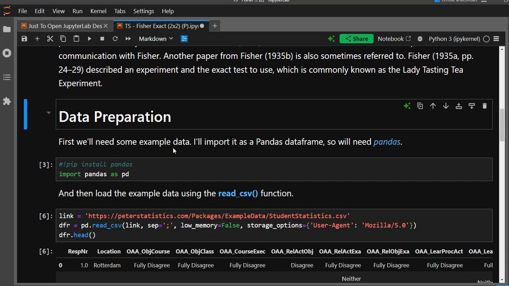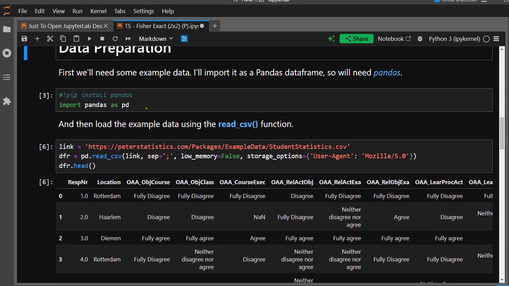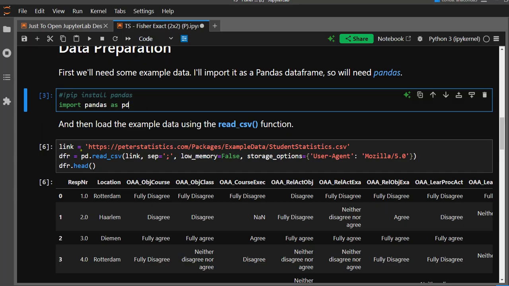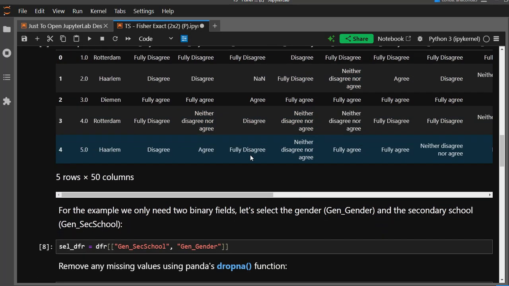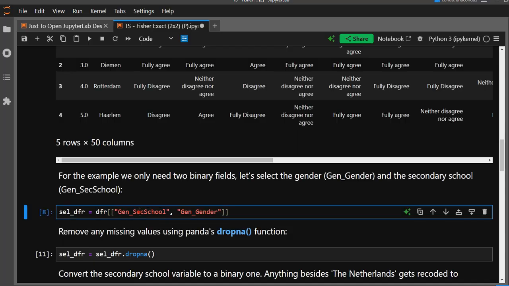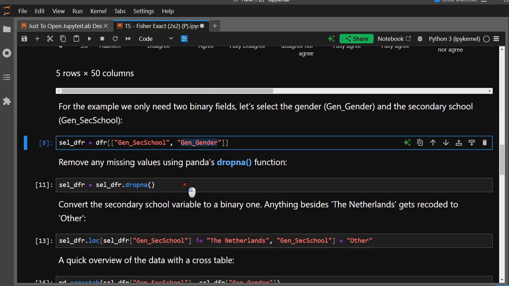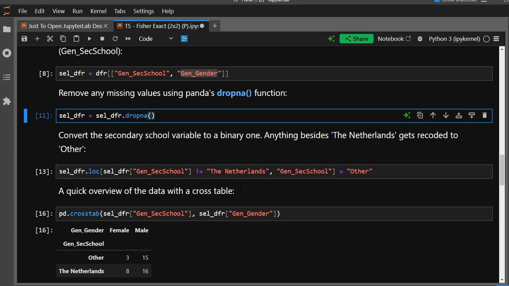To show you how this can be done, I need some example data. So I've already imported pandas. I loaded in a data frame, student statistics. I don't need all its data, so I only needed two fields. I'm going to be using the general secondary school question and the general gender question. Remove any missing values from there, and then the gender was already binary